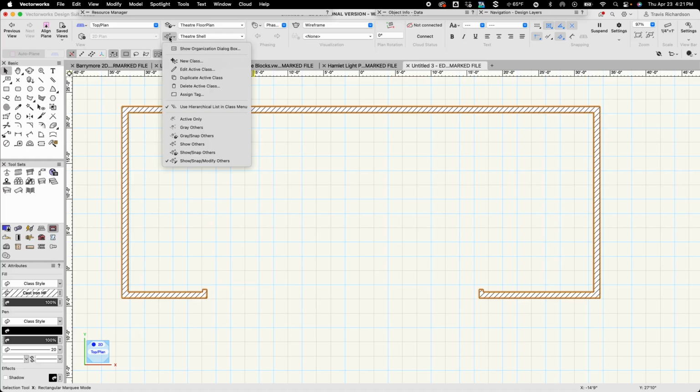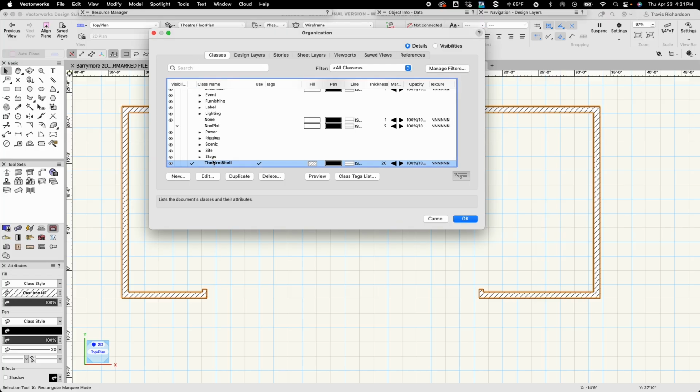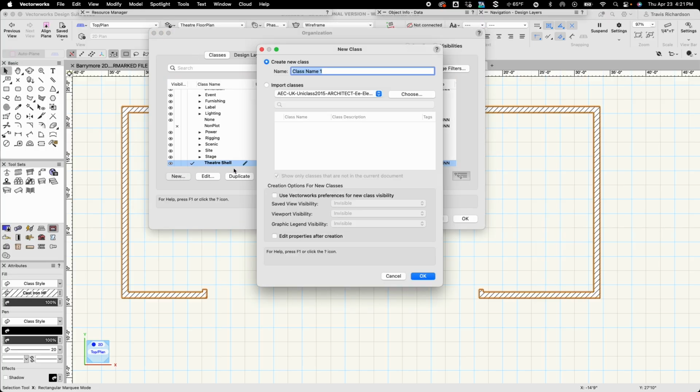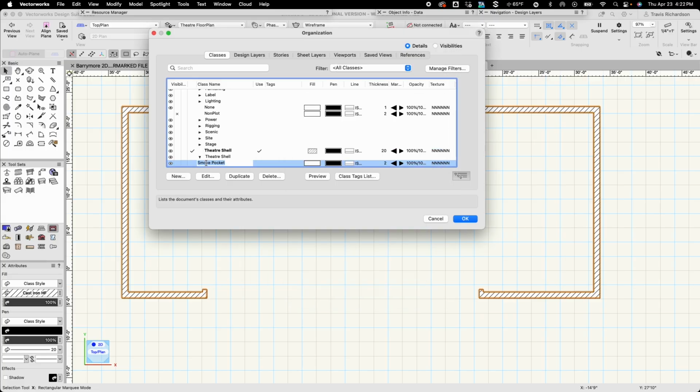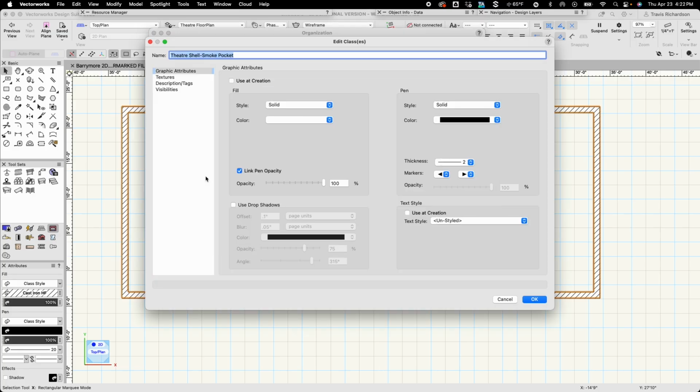So again, I'm going to go to my class options drop-down menu to show organization dialog box. And I'm going to say that I want new, and it's going to be theater shell hyphen smoke pocket. That hyphen tells Vectorworks that the smoke pocket is the new class inside the theater shell class. So I'm going to say OK, and here it is. So I'm going to make that the active class, and I'm going to say I want to